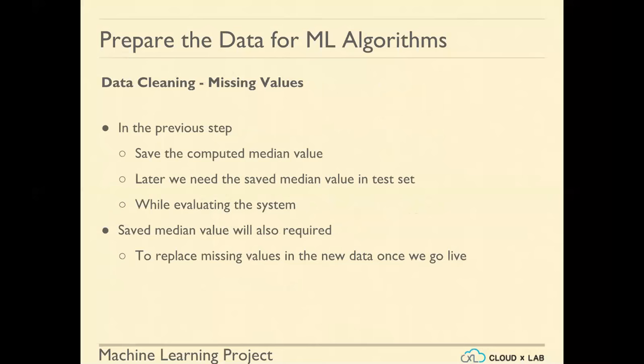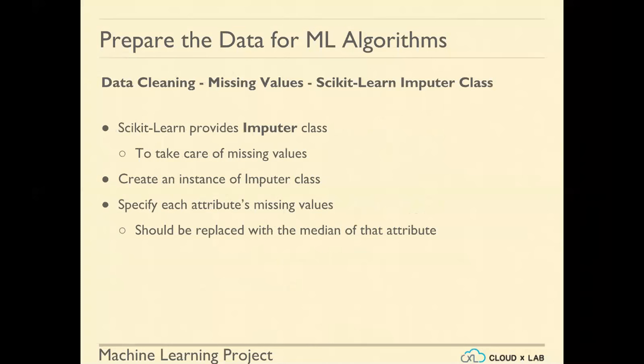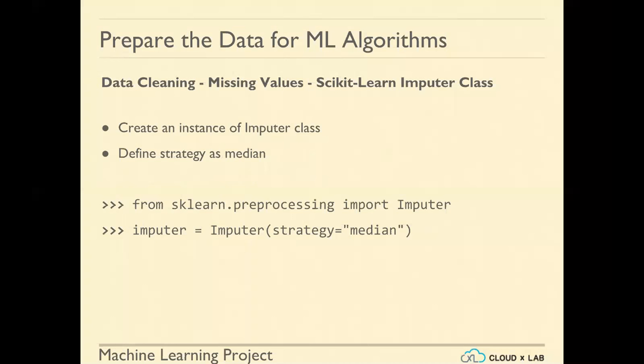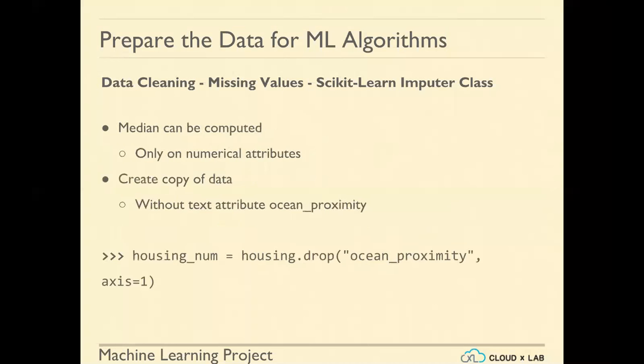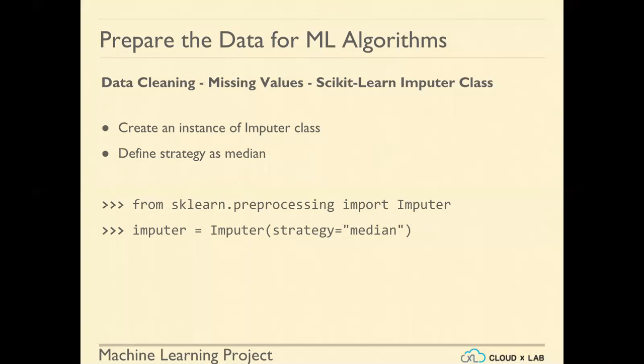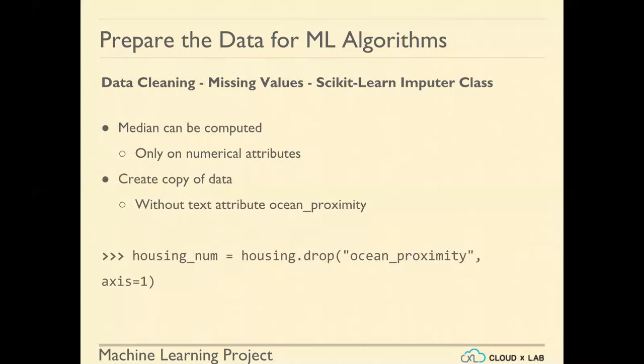A better technique is to use the imputer class. Imputer class is the one that you should be using in order to fill the missing values. The way you do it is you create an imputer. Strategy is median in our case, meaning we want to fill the missing values with the median of the rest of the values. So here we are instantiating imputer. We are creating an object of the imputer class, and then once we have created the instance of the imputer class, then we can